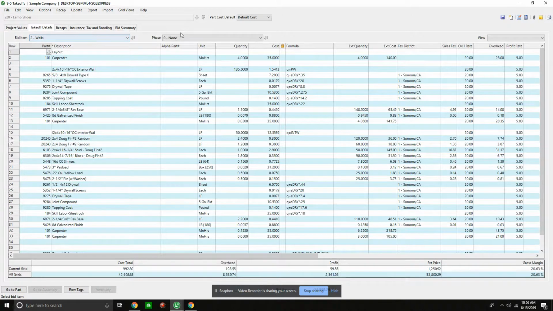Also, we have what is known as job phases. So not only am I able to track my estimates down from a bid item, and my bid items will affect things such as my daily field reports, it also affects my proposals as well as my unitary billing. But when I talk about phases, it's really designed for us.